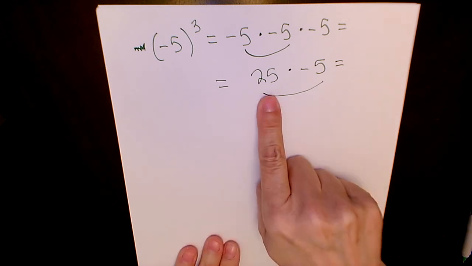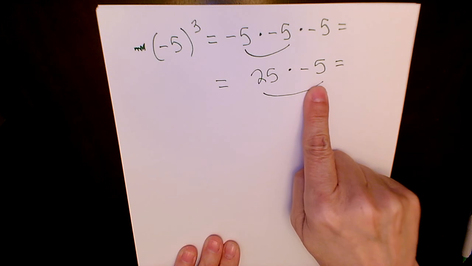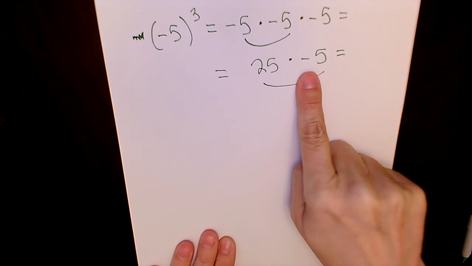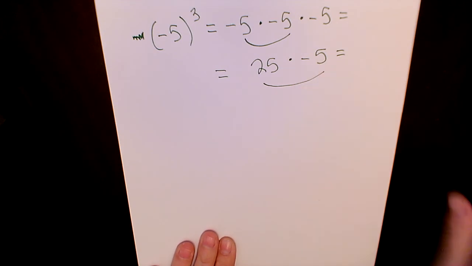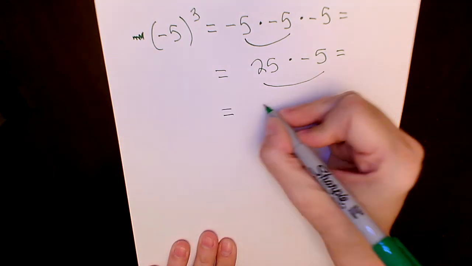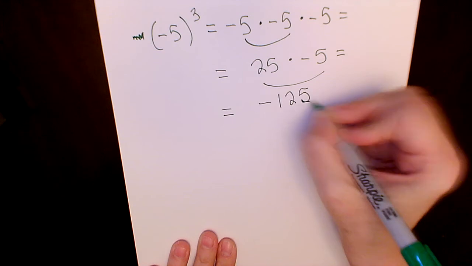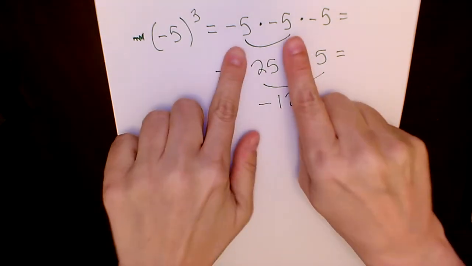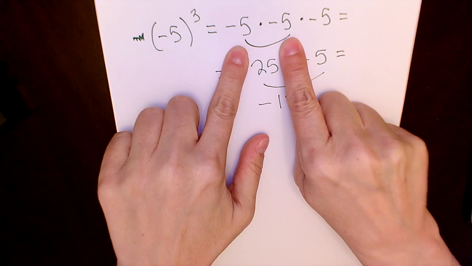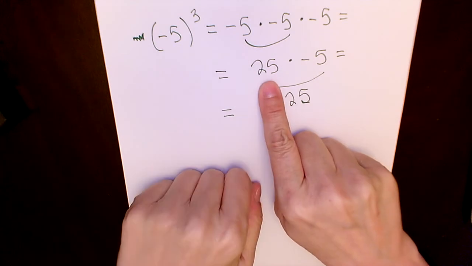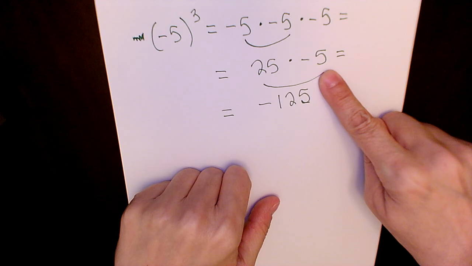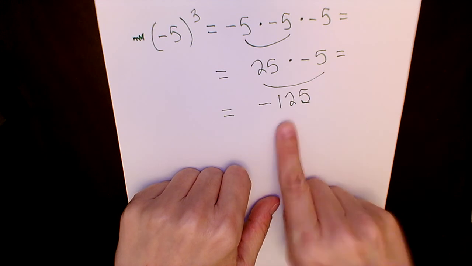But now I've got a positive times a negative. And when I have a positive times a negative, I believe that's rule number 2, and I'm showing this negative here, this is going to be a negative 125. So a kind of shorthand quickie way, if you have an even number of negatives, your answer is going to be positive. If you have an odd number of negatives, like here there's only one negative, your answer is going